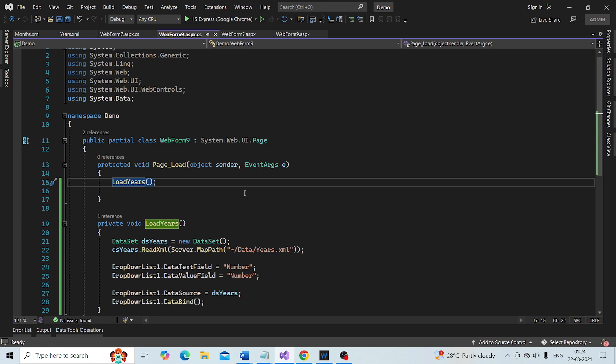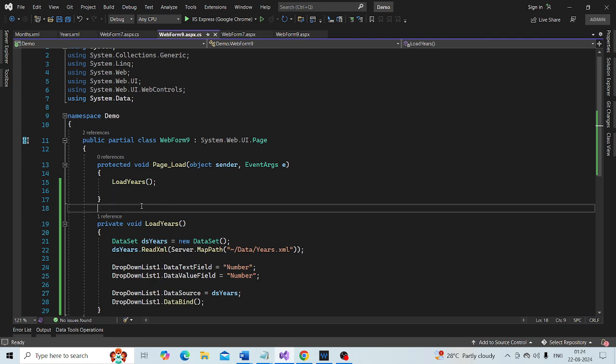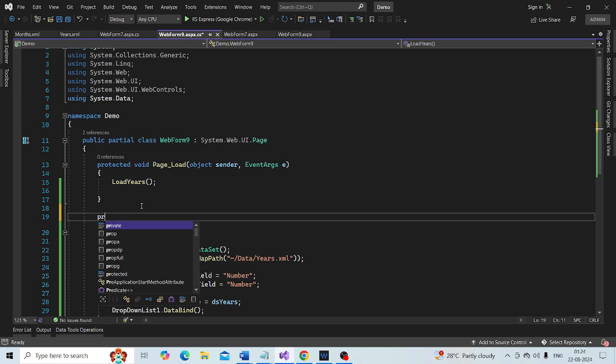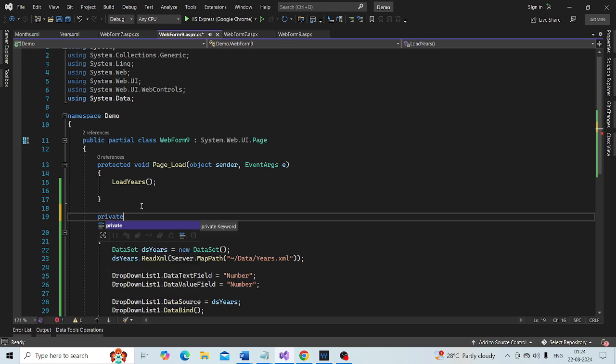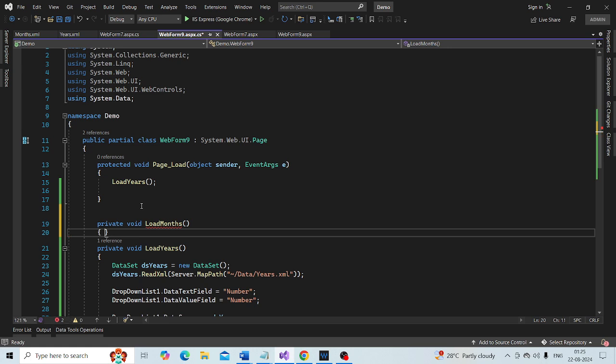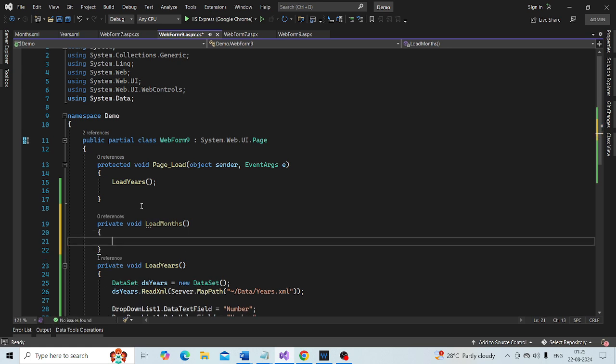So let's create that private method. Private void load months.